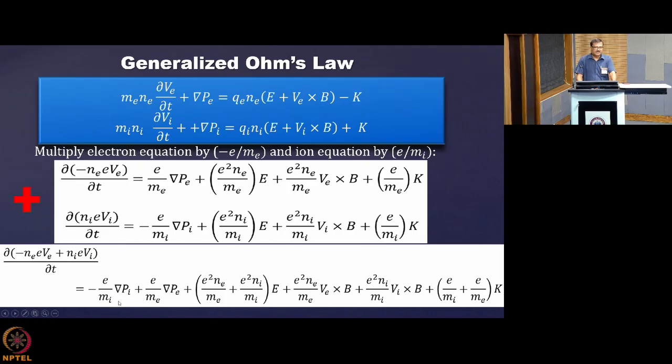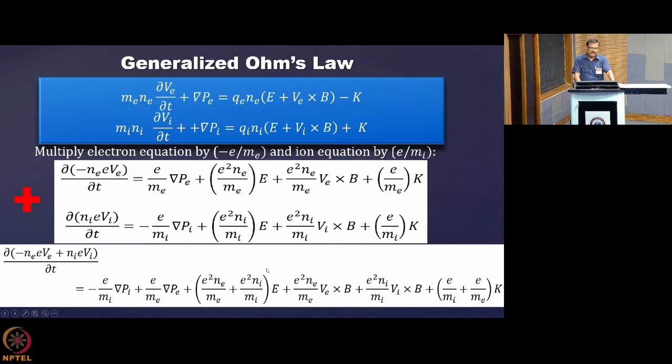Whichever equivalent terms are divided by Mi and by Me, we eliminate the term divided by Mi and keep only the term divided by Me. So here you see that e grad Pe and e grad Pi are equivalent terms, and when one is divided by Mi and one is divided by Me, we just neglect the Mi term. Similarly we did everywhere. These are the equivalent terms, e squared Ne and e squared Ni, because Ne must be the same as Ni to maintain charge neutrality, and if it is singly ionized, they are essentially equal in number, if it is fully ionized, of course.